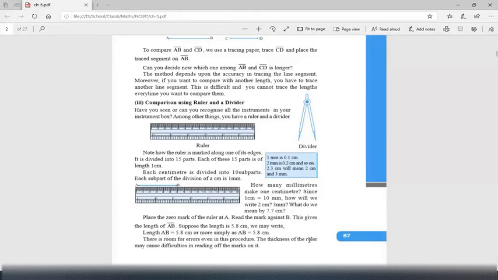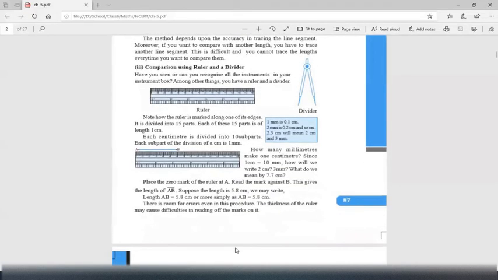So it says the thickness of the ruler may cause difficulties in reading. If the ruler is thick and someone keeps the ruler on top of the line, he may not see the lines also, so where to where he has to measure. And if he turns the head towards left, then he may not read it correctly also. It is to be measured from the 90-degree perpendicular to the line to get the exact, correct reading. So it is saying the thickness of the ruler may cause difficulties in reading the mark on it.